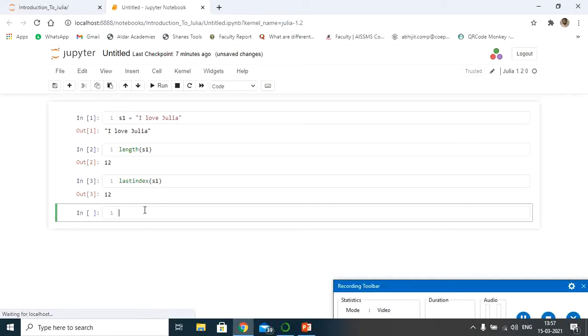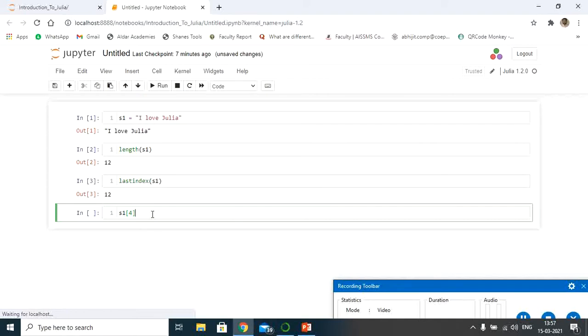Next, let us imagine that I want to check an individual character. Let us imagine that I want to see the fourth character, let's say O. To check that, you can call the variable name, which is S1, and type the index position.